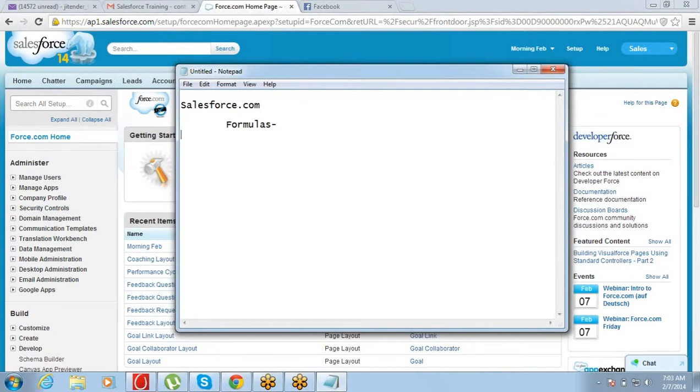Today we are going to talk about the business logic section. So in business logics, we have formulas and we have validation tools.